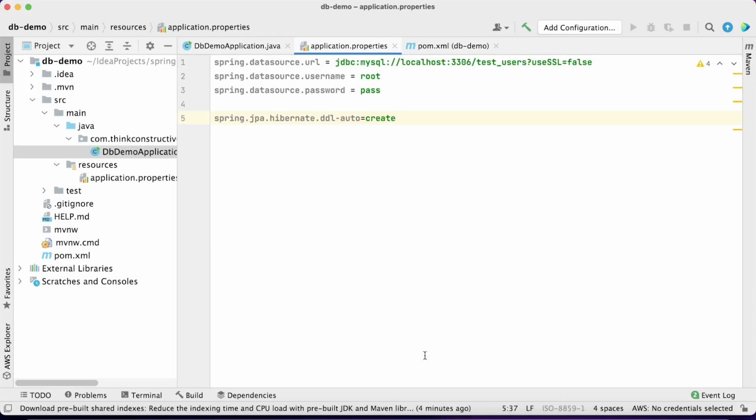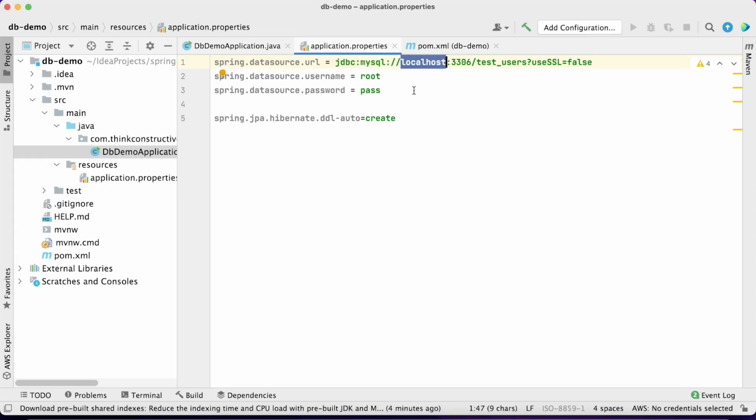So this is the bare minimum basic configuration which you should be giving for configuring the MySQL database in a Spring Boot application. All right, how should you be doing it? You should be configuring the property spring.datasource.url, this is the one, equal to the connection string. The connection string will start with jdbc:mysql://, because this is the DB we are using, then colon and double slash, then